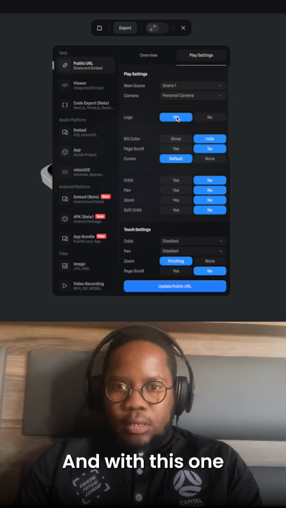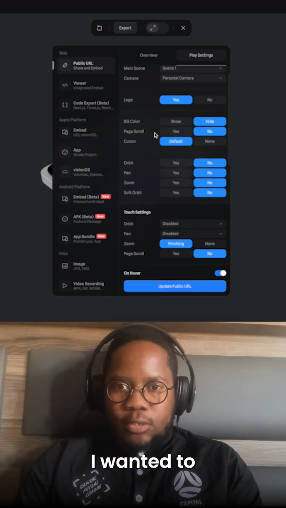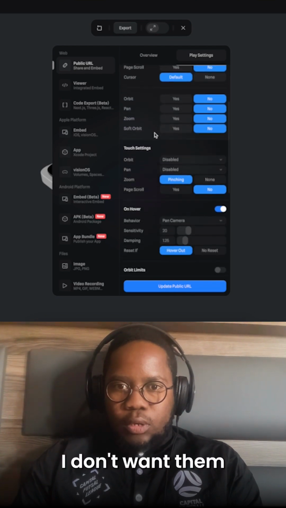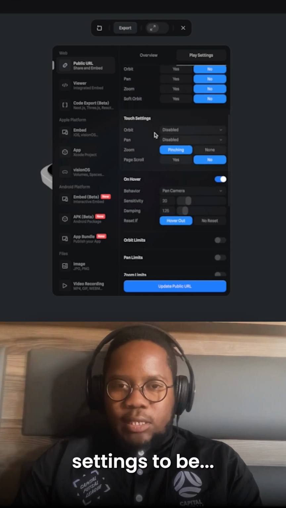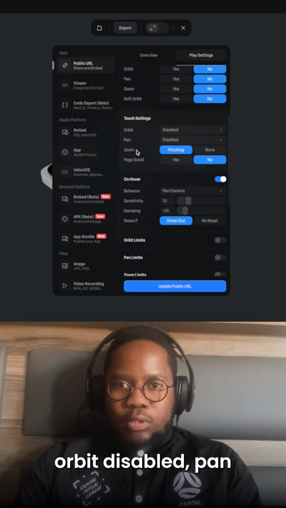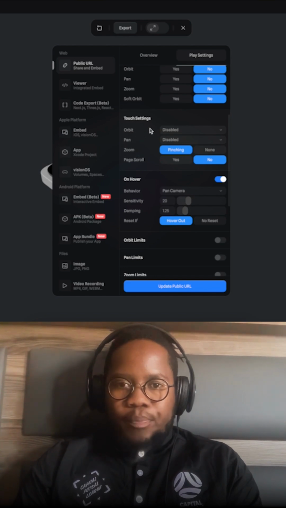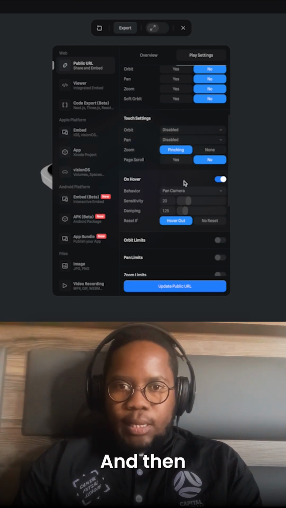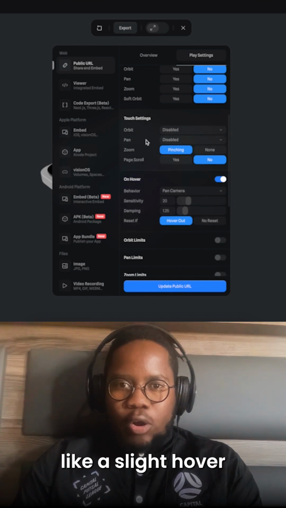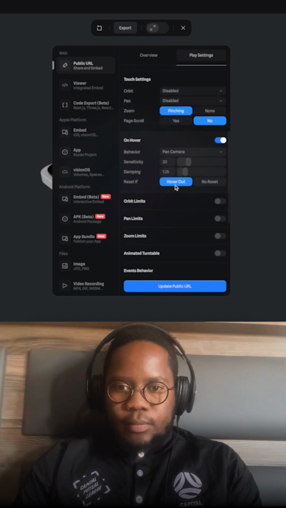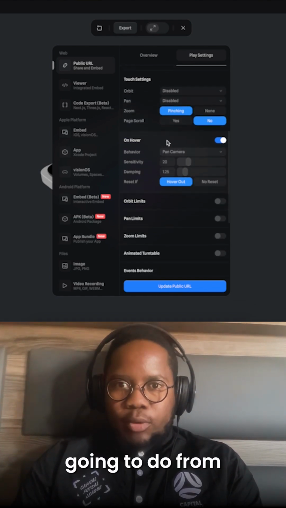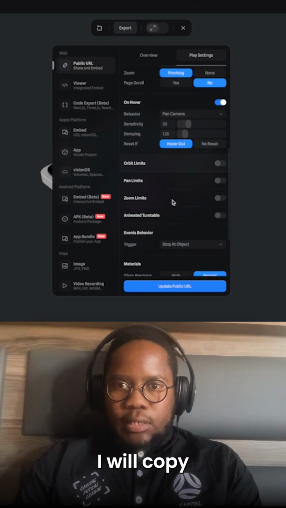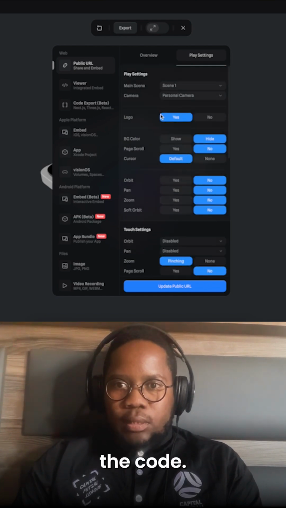And with this one, I don't want the touch settings to be orbit, disabled, pan disabled as well, page scrolling no, and then I just want a slight hover effect on it. And what I'm gonna do from there is I will copy the code,